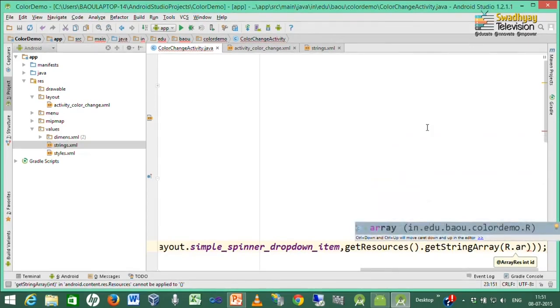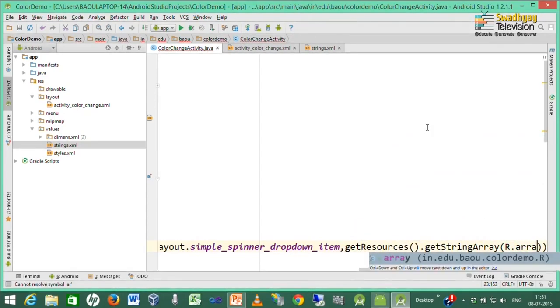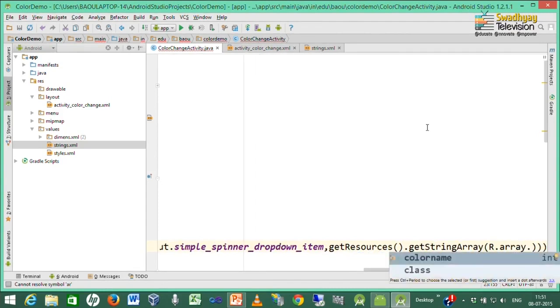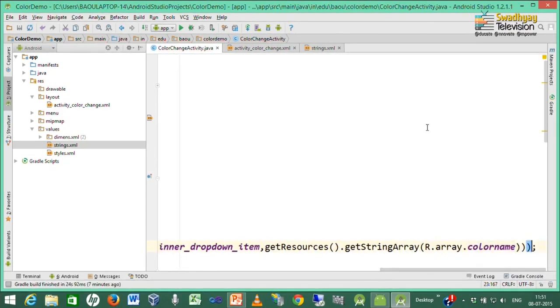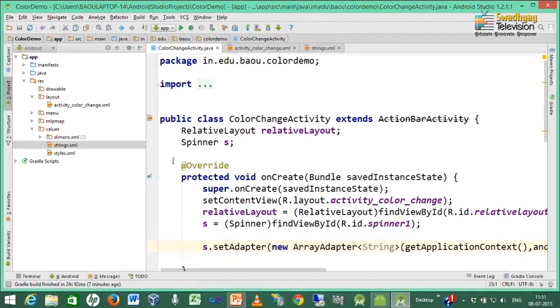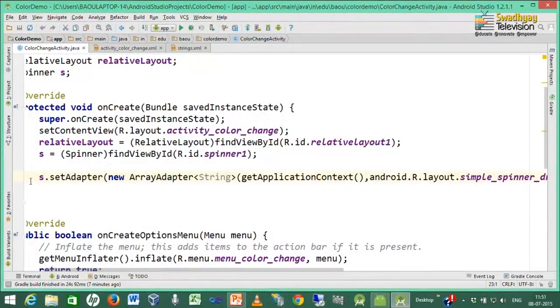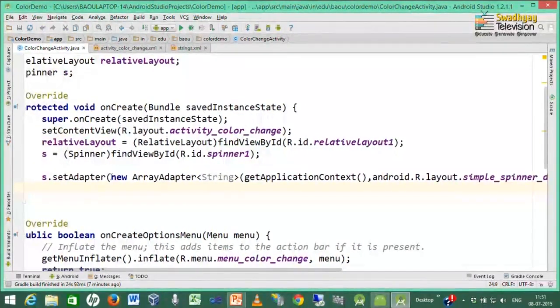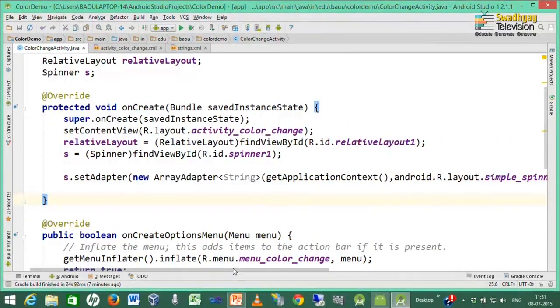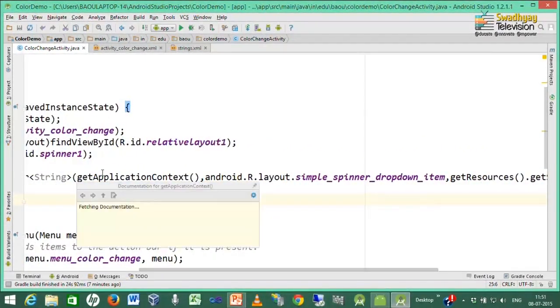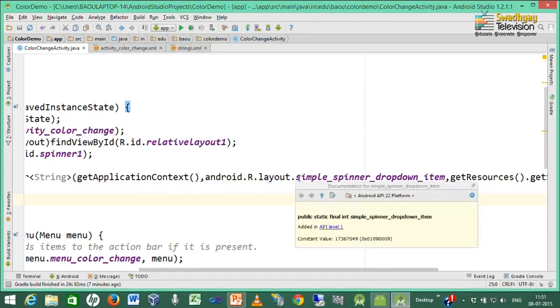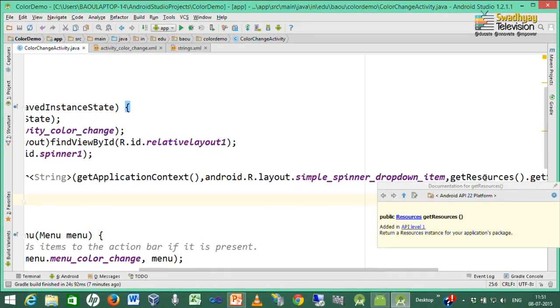So, it is inside R.array with the name color_name. So, this method setAdapter is used to fill or fetch data inside the spinner. So, we create an instance of a new ArrayAdapter to fetch strings, and it takes 3 arguments. First is a context, another is a layout for our spinner, and last is where to fetch the array from.